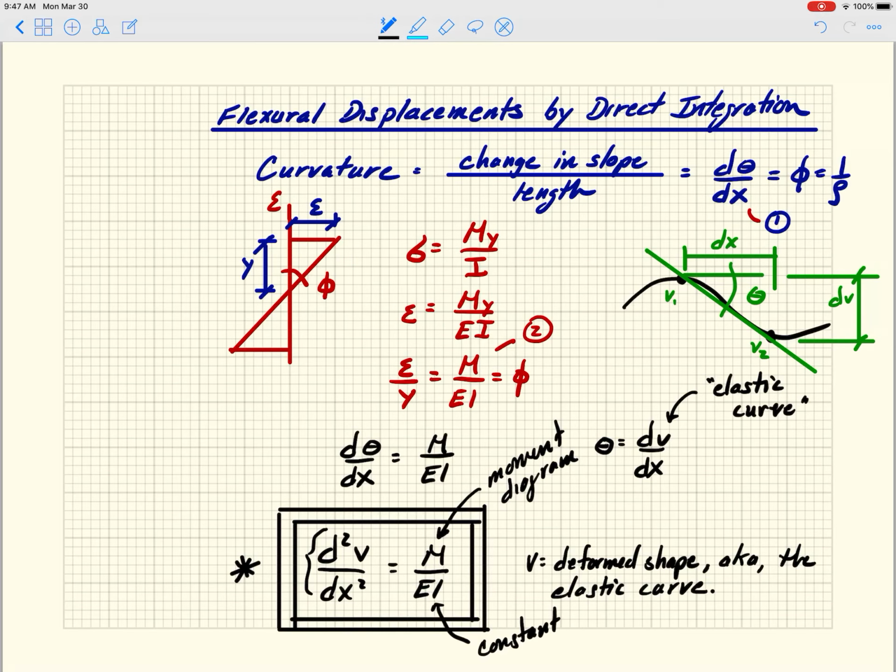If it's a cantilever beam, I would say that at the fixed support, the displacement is 0 and the slope is 0. So I would say V of x equals 0 is 0, and theta of x equals 0 is 0. Again, I get 2 equations, and I can solve for my 2 constants of integration. All right, so next time we will do